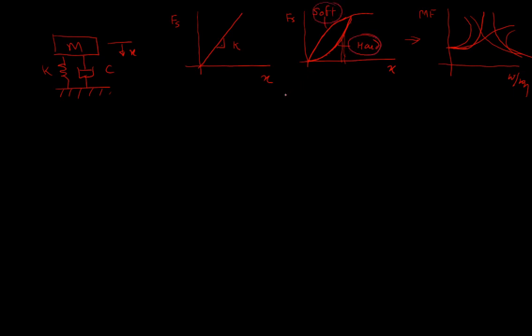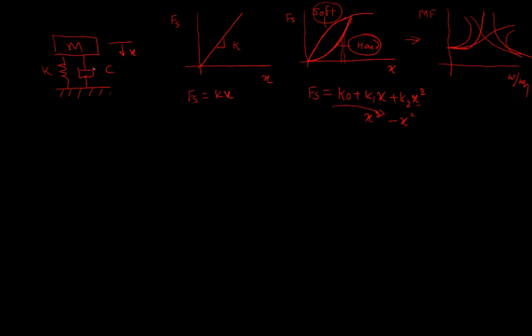And this now has to be put into some equation. Here, how are you going to put it? Fs is k into x. But here, Fs cannot be just k into x. Now I can have k0 plus k1x plus k2x squared or something. So it does not only depend on x, it also depends on the square. It may depend on the cube, may depend on x to the 4 or something like this. Understand? That's what becomes non-linear.